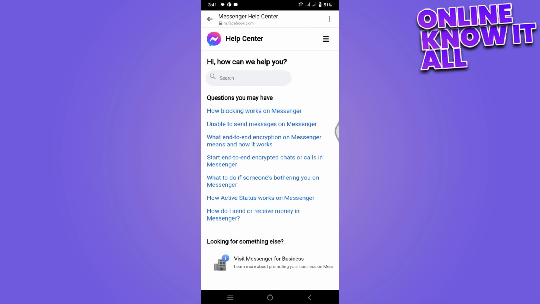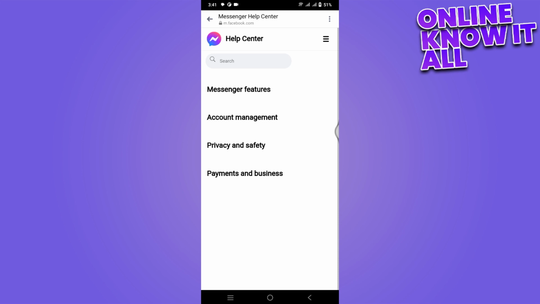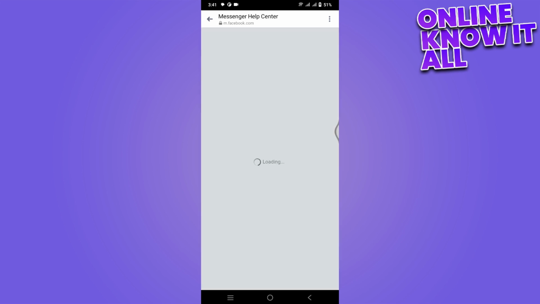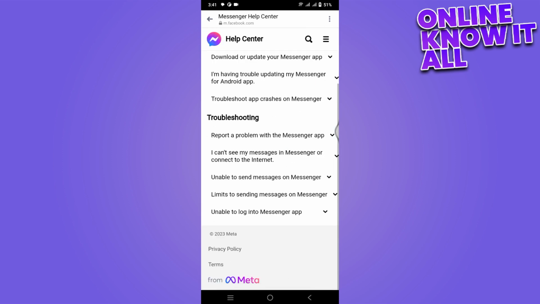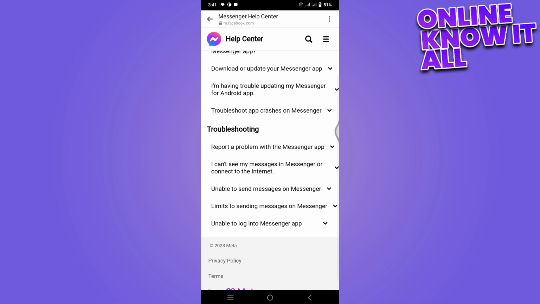Once you are here, you have to click on this hamburger icon on the top right. Now go for the account management. Once you are here, go for the fix a problem. Once you have entered here, you have to scroll down to the limited to sending messages on Messenger,